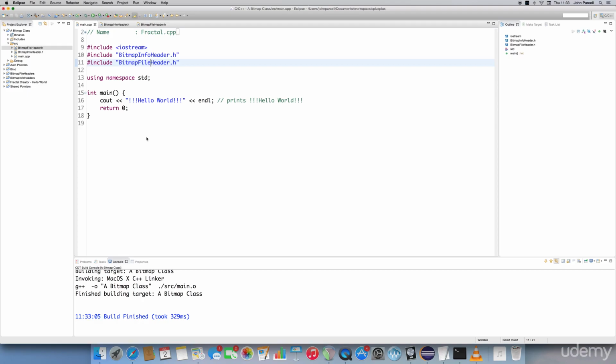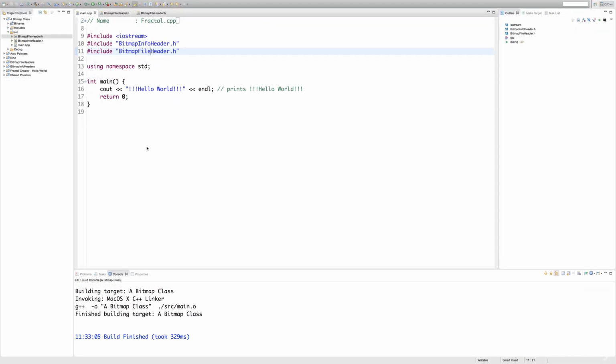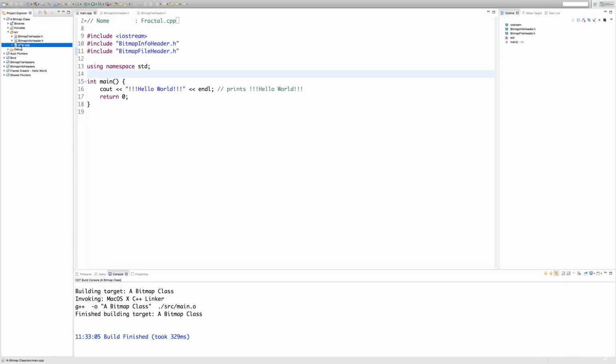In this tutorial we're going to create a bitmap class. I've made a couple of little tiny changes to the last program. I renamed the file containing the main function, so you can do that just by right clicking it, going to rename here and typing a new name. And after you do that, you probably want to make sure that your project still builds and still runs, just